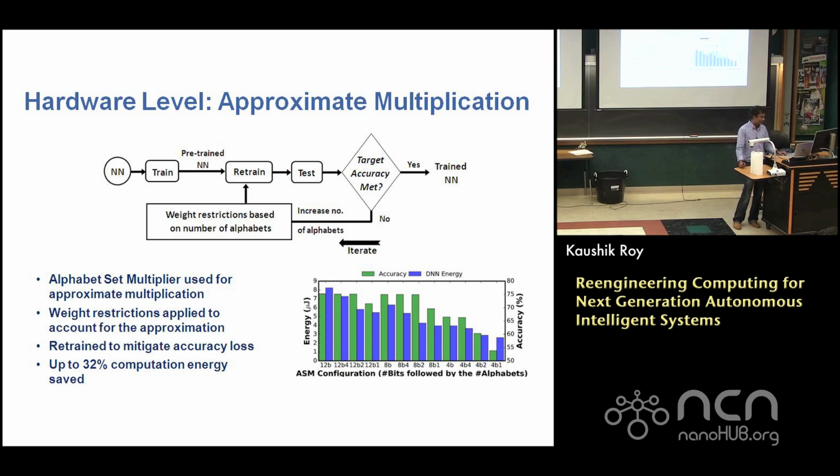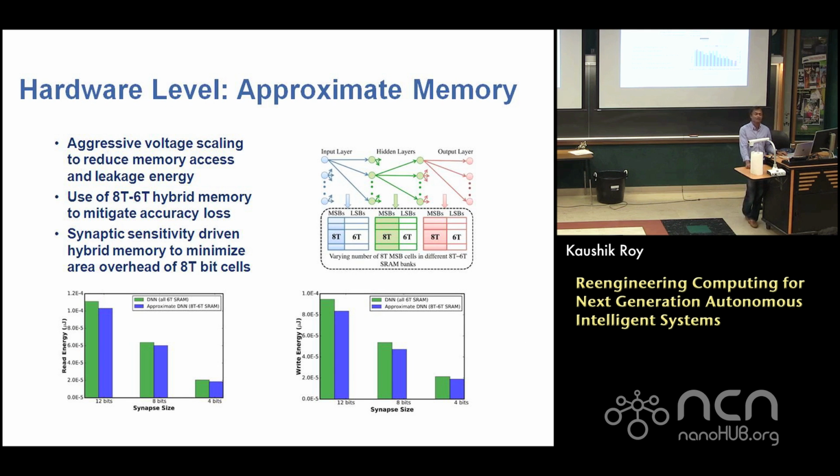Now you might say, you talked about doing these multiplications approximately, but you said hardware energy consumption is dominated by the memory. So can I do approximations in the memory itself? It turns out there are also possibilities of making different kinds of approximation in your memory, and these are the hardware-level approximations that I'm talking about. Again, by properly approximating the memory, I can get improvement in energy consumption.